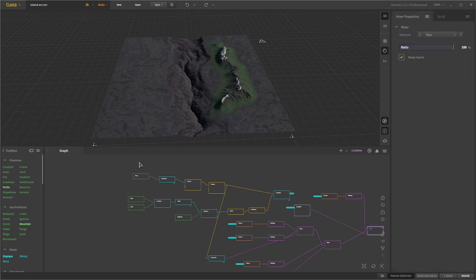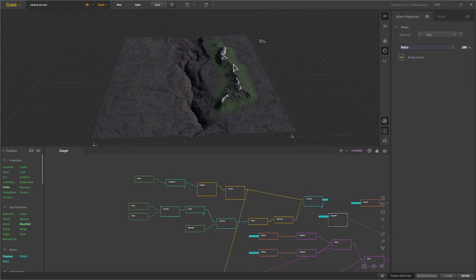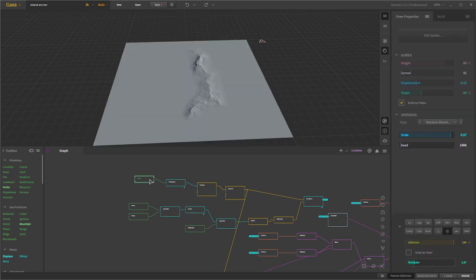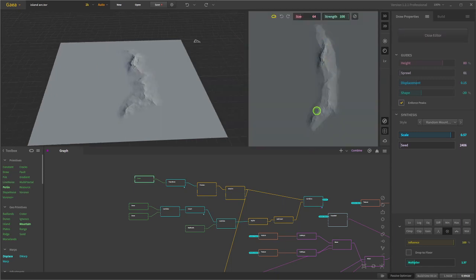To start things off, I focused on the island arc, which is over here, and for that I used a Draw node and simply drew out the basic shape that I wanted to achieve. I played a bit around with the displacement and the height until I got something I was happy with.